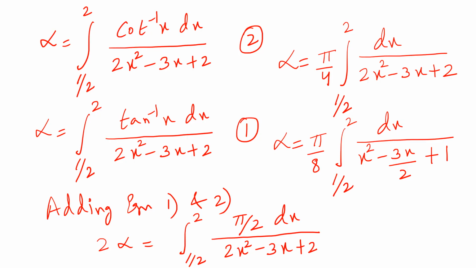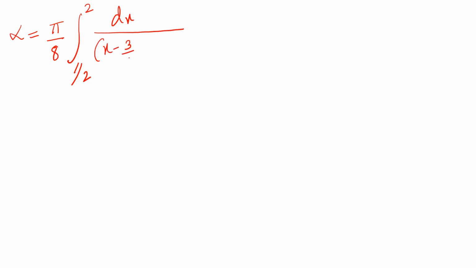Now students, we move further and find the value of alpha. Now alpha can further be written as pi upon 8 into integral 1 upon 2 to 2 dx upon, now x square minus 3x upon 2 plus 1 can further be written as x minus 3 upon 4 whole square plus 1 minus 9 upon 16,